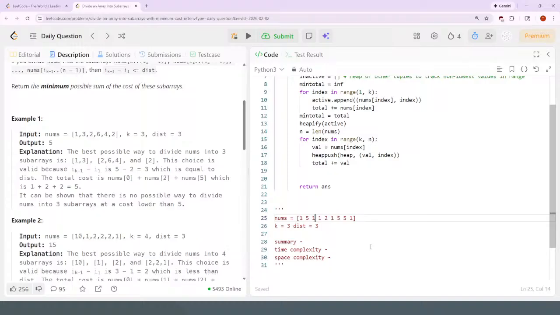So what's the example that I can use here? I think it's something like maybe